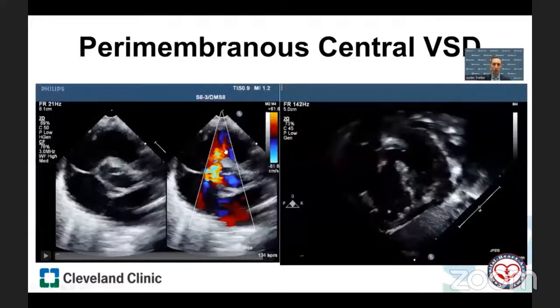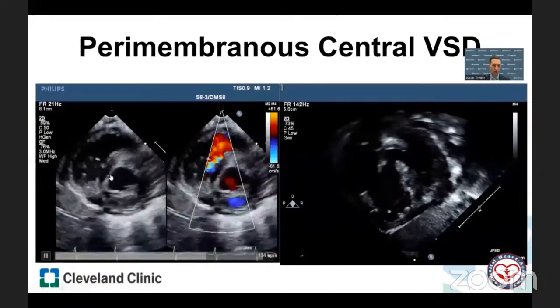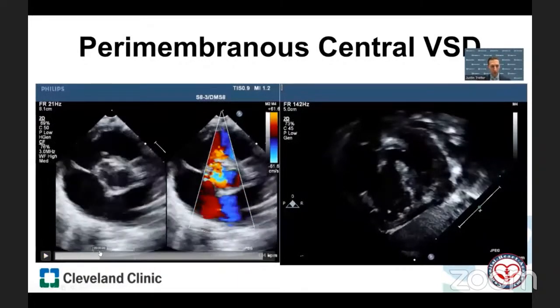And so I want to walk through our perimembranous VSDs and whether they remain central or extend to the inlet or the outlet, and how we view these by two-dimensional echo. So this is a parasternal short axis view at the base of the heart at the aortic valve. And if we play it, we see there's left to right shunting through this relatively smaller defect. And if we slow it down and look at the components we looked at previously, right there is the medial papillary muscle, which is attaching anterior to the margin of the defect. Here is the septal leaflet of the tricuspid valve.